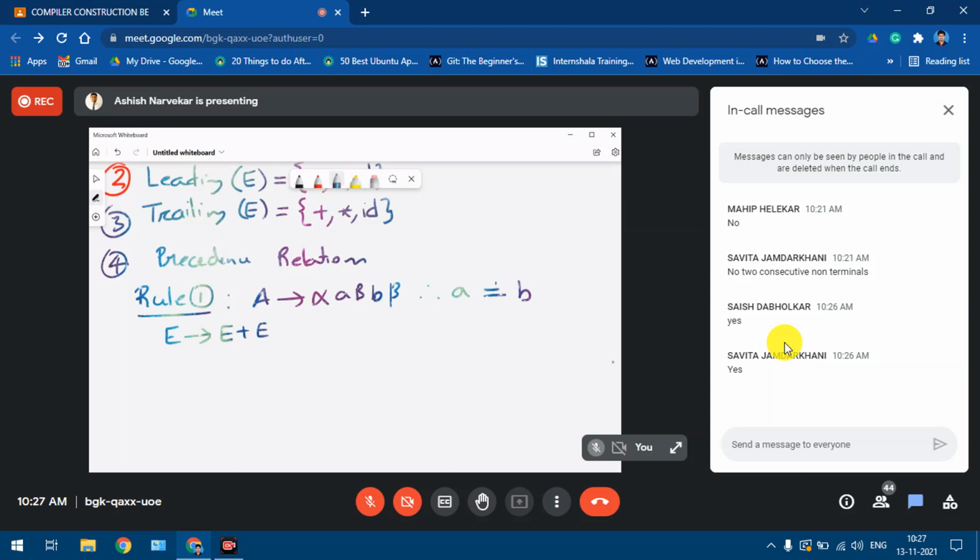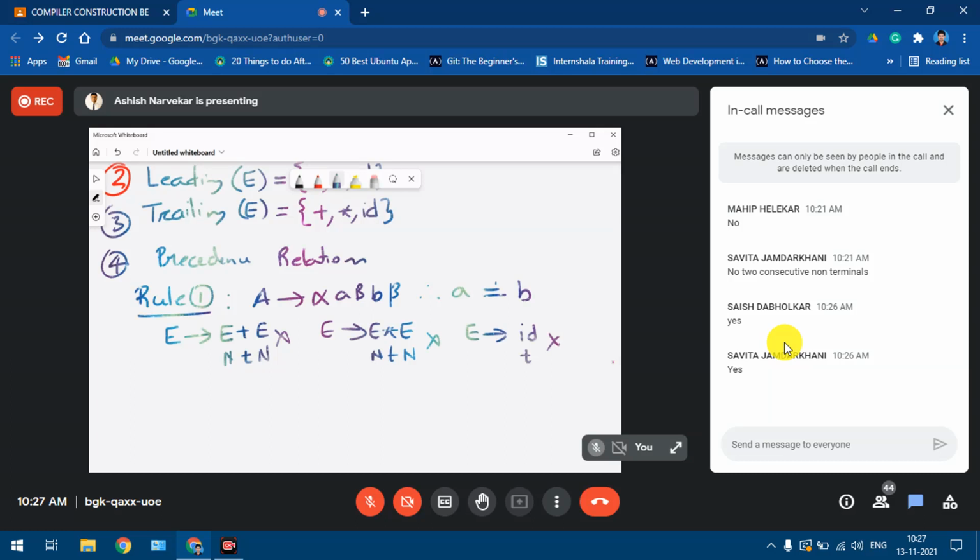I don't think so. It's there because we have non-terminal, terminal, and non-terminal. So rule number 1 is not applicable to this. The second rule is E gives E star E. So in this case also it is non-terminal, terminal, and non-terminal. So again here also it's not possible. Third one is E gives ID. So here also it is just a terminal. So again here also the rule 1 is not applicable.